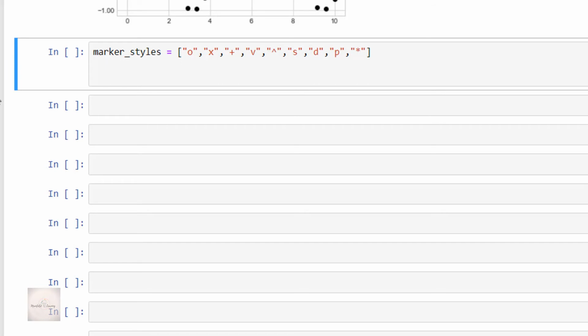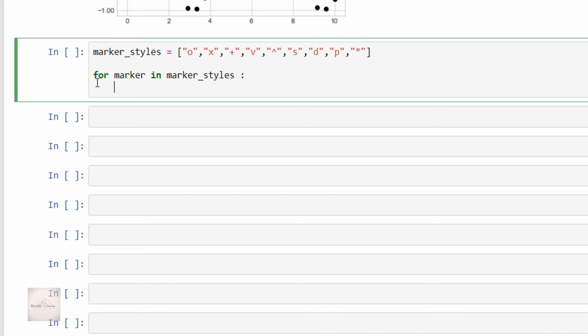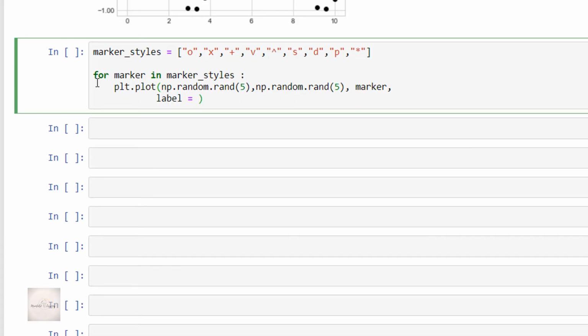So I'll write: for marker in marker styles, and inside this for loop I'll call the plt.plot function as plt.plot of np.random.rand of 5, and then again np.random.rand of 5, comma marker, and then label is equal to a string container, marker equals, dot format of marker.